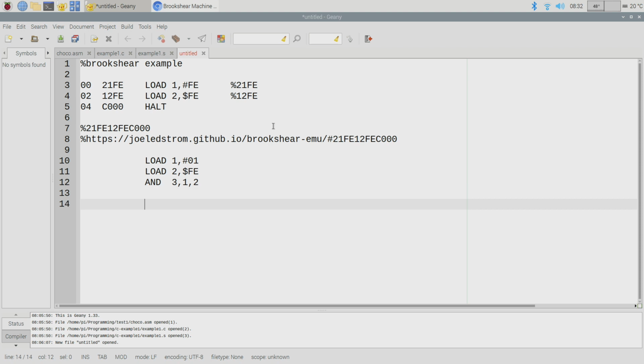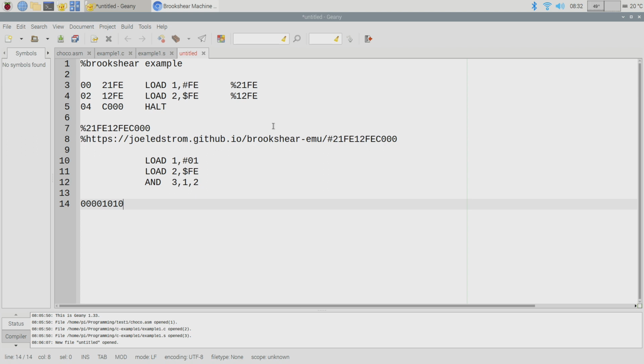Let me just pick a number at random. Okay, what's a good number? 10. So what is 10 in binary? 10 would be 0, 0, 0, 0, followed by 1, 0, 1, 0.